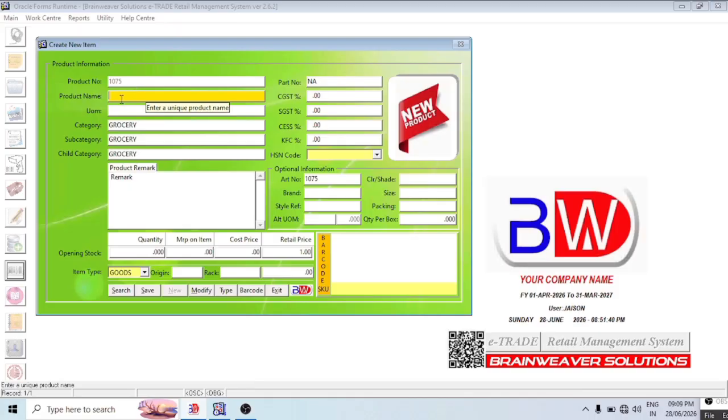Here we have to enter a unique product name. For example, let us create an item churidar 3 pieces set. The item name is churidar 3 pieces set, meaning top, bottom and one shawl. By pressing the enter key,